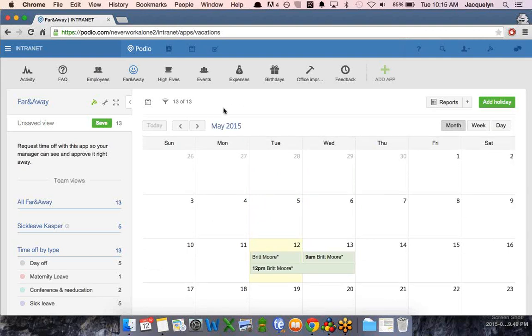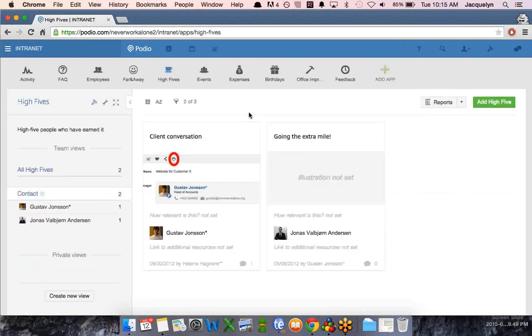Okay, so next we have this High Fives app. This one is just more of an idea for fun. If you have employees who deserve recognition, if they did something really cool, this is just something you can do. It helps improve morale, stuff like that. So if someone deserves a high five, just add an item to this app,